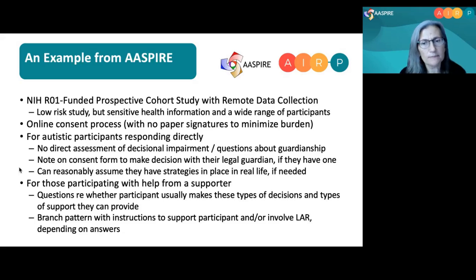For autistic participants who are responding directly, there's no assessment of decisional impairment or questions about guardianship. But we do have a note on the consent form reminding participants to make the decision with their legal guardian if they have them. We feel that we can reasonably assume that if someone with a guardian is able to access our study on their own over the internet,